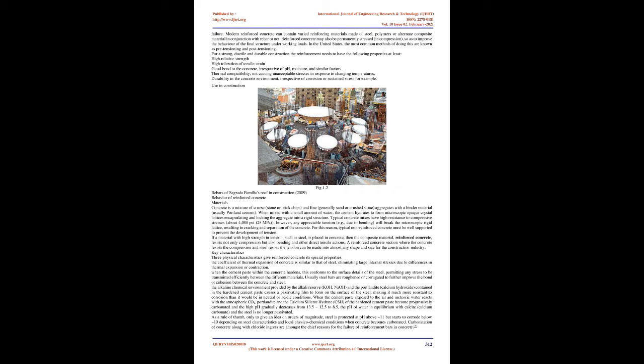Modern reinforced concrete can contain varied reinforcing materials made of steel, polymers, or alternate composite material in conjunction with rebar or not. Reinforced concrete may also be permanently stressed, in compression, so as to improve the behavior of the final structure under working loads. In the United States, the most common methods of doing this are known as pre-tensioning and post-tensioning. For a strong, ductile, and durable construction, the reinforcement needs to have the following properties at least: high relative strength,